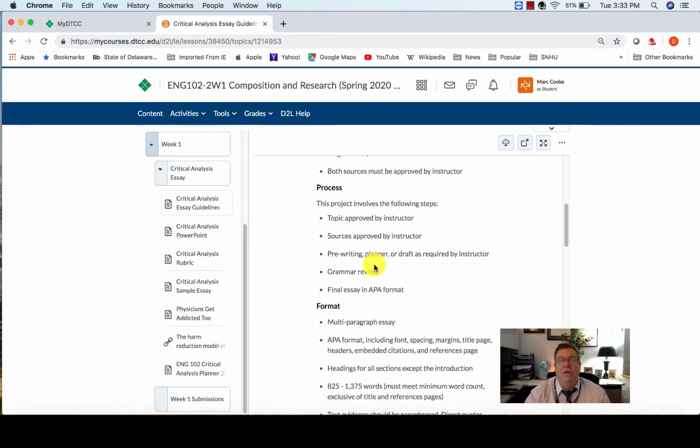You do have a pre-writing planner to do, which will be next week. I have added, because the link didn't work because it was under week 2 originally, so I put the planner at the bottom underneath the articles. So it kind of goes in order. First you look at the guidelines, then there's a PowerPoint which explains this whole paper for you. Obviously it's good to look at the rubric and have a look at the sample essay to see what it's all about. Then you have your article, you have the video or the web talk, the TED Med Talk, and then finally you have the actual planner that you're going to be working on for next week to be submitted on Thursday.